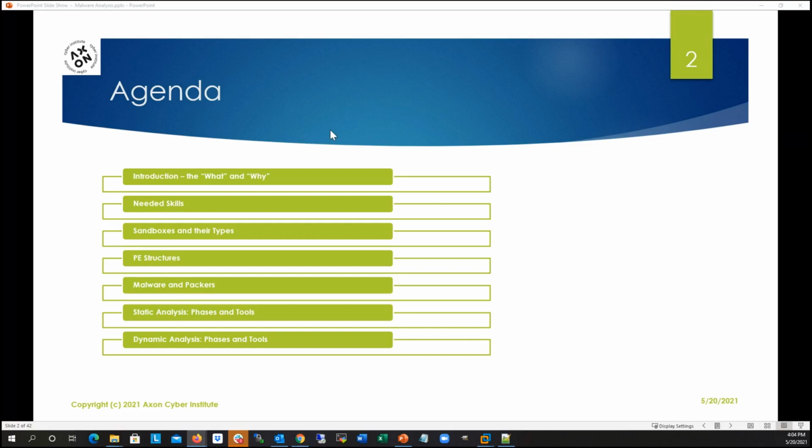We'll find out there are two types of analysis in malware. There's static analysis and dynamic analysis. I'll be talking about static analysis, what the tools are that you need to perform static analysis on a certain executable file. And then the dynamic analysis phase, what dynamic analysis is, what the tools of dynamic analysis are, and what you would expect as the results of dynamic analysis. So let's jump into